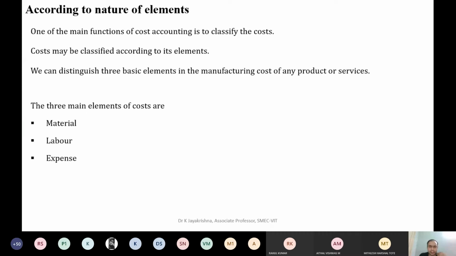Say you're constructing a house. The cost spent on buying bricks, cement, sand, gravel, wood, electrical pipelines, all these materials required for construction, we can consider as material cost. The cost paid to the laborers and the engineers to construct the house is called labor cost. Other than that, we may need water, electricity, and other things essential to facilitate the construction of the house. We call that overhead charges or expenses. I believe you have understood this concept.